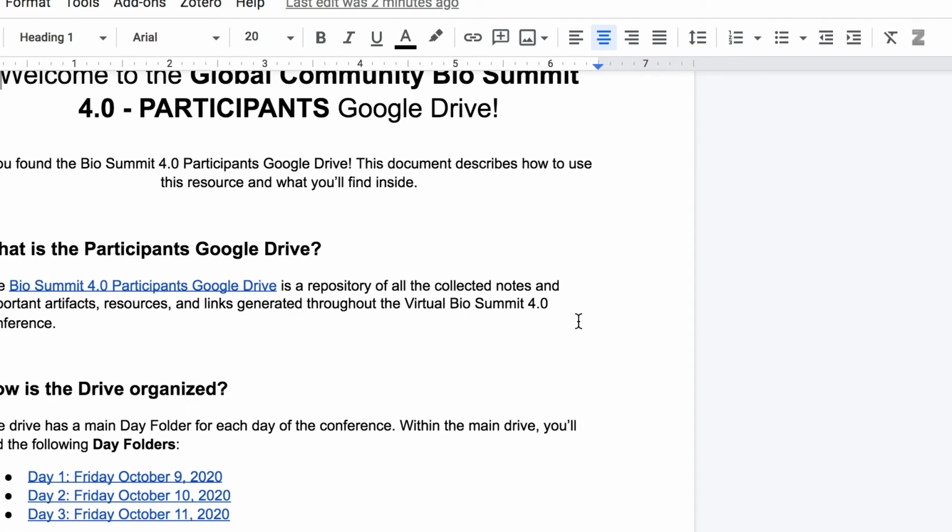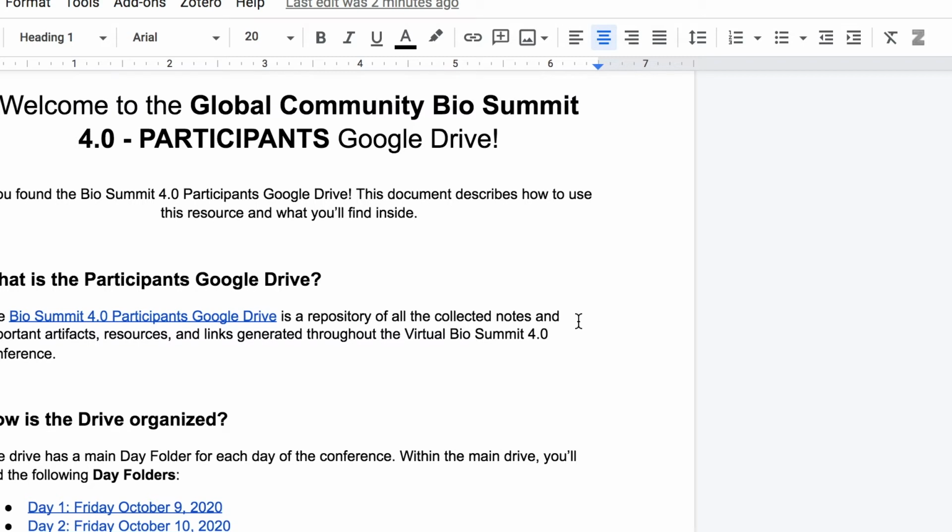If you haven't used Google Drive before, it's basically an online storage system that allows you to make a repository. We're going to use it to collect all of our notes, any important artifacts or links, and anything else you can think of that might come up in a conversation or an event that you want to keep a record of so that all participants can view within the Drive. Please note that anything that goes into this Drive is going to be viewable by all of the 500 plus